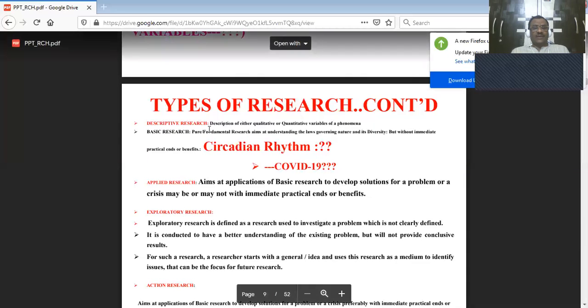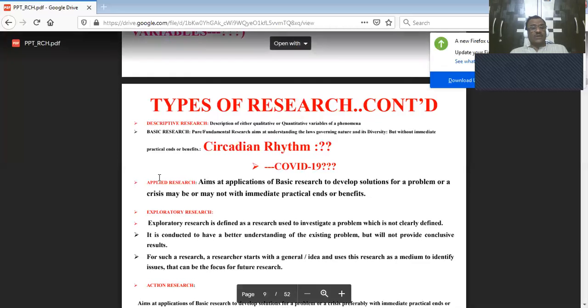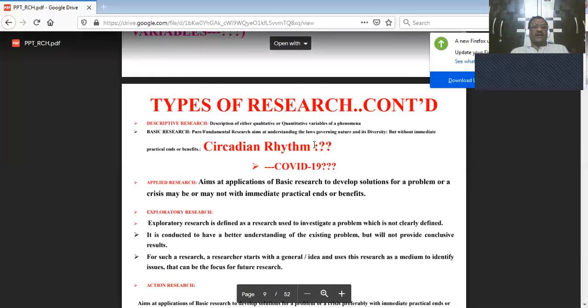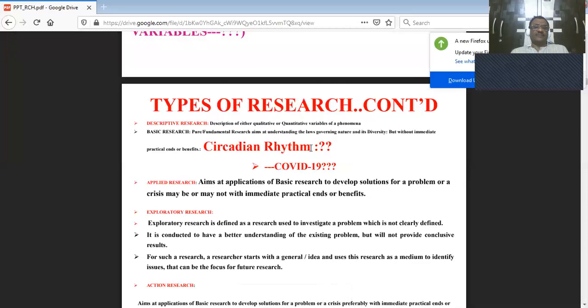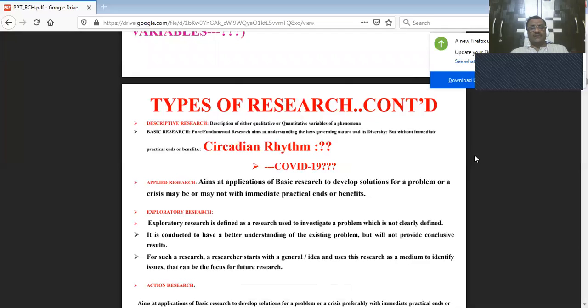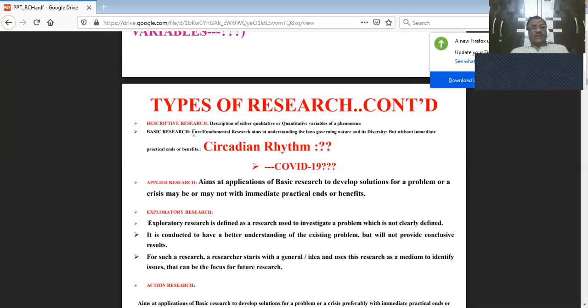But whether circadian rhythm and COVID-19 and their interrelation can be studied, that is going to be our applied research. Circadian rhythm and its impact, a pure study, can be applied to the practicality of understanding COVID-19 and its immunity aspects. That's the reason why I said applied research aims at applications of basic research to develop solutions for a problem. Now, I have the basic research, and this says that